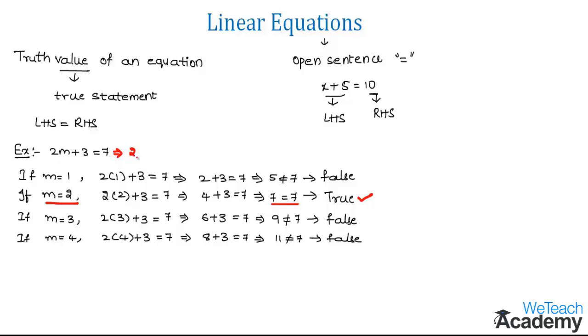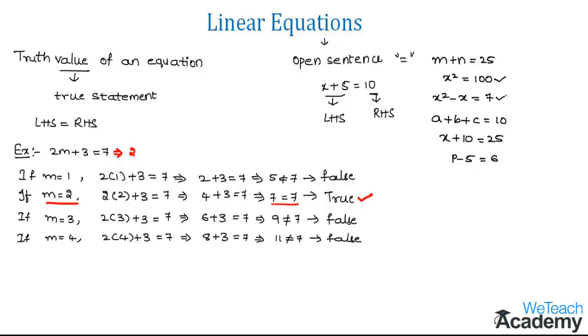Now let us consider some equations. Here we have 6 equations. In the second, third and fifth equations, x is a variable. And if we observe the last equation, p is a variable. Now examine the other equations. In the first equation we have two variables m and n, and in the fourth equation we have three variables a, b and c. According to these variables and the exponent of these variables, the equations are divided into linear equations and simple equations.